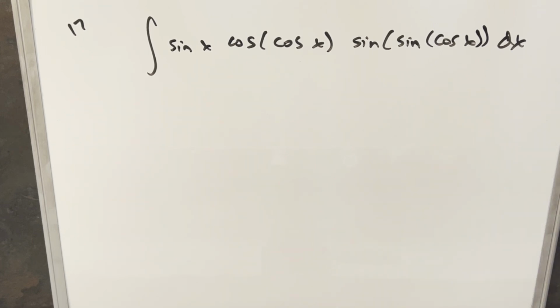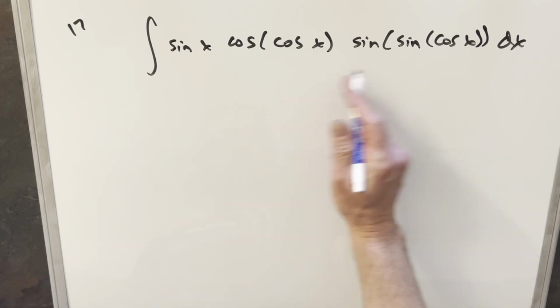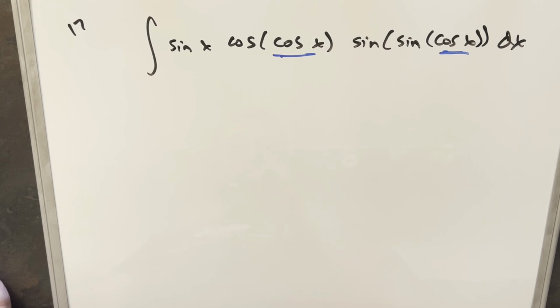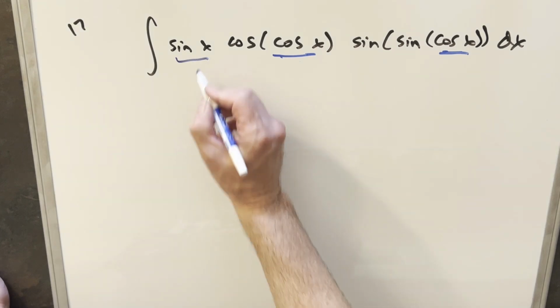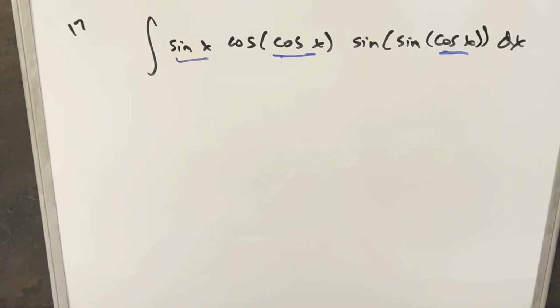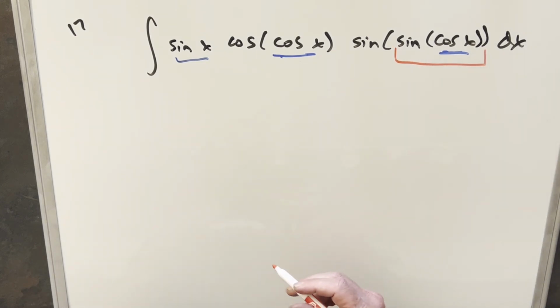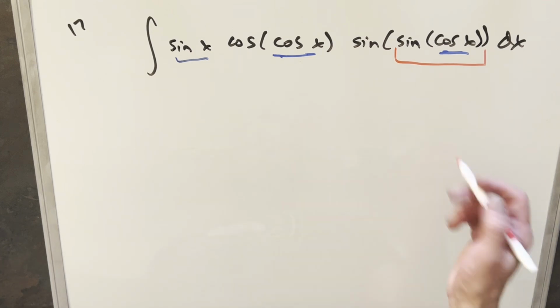There's a slow, careful way where we go to the innermost thing and do a u substitution for cosine x, and we've got a sine here, so that would work fine. But when it's embedded more than once, I would definitely like to save a step. So don't do the u substitution for cosine x; try to save a step and do it for this. There's another way where you could try to get all of it at once, but